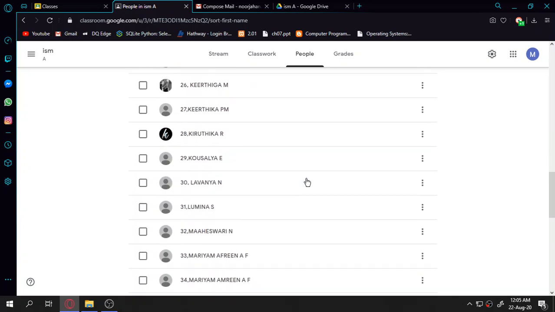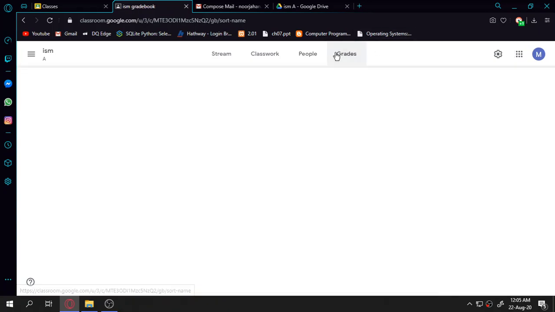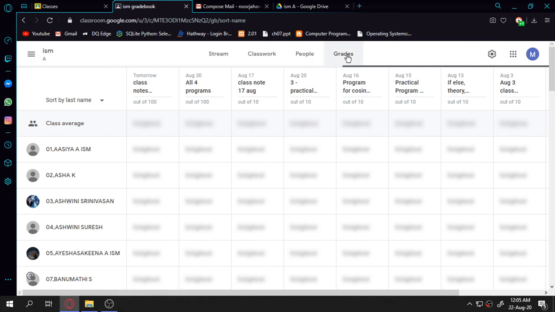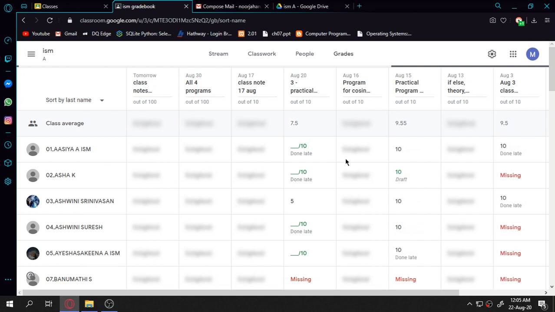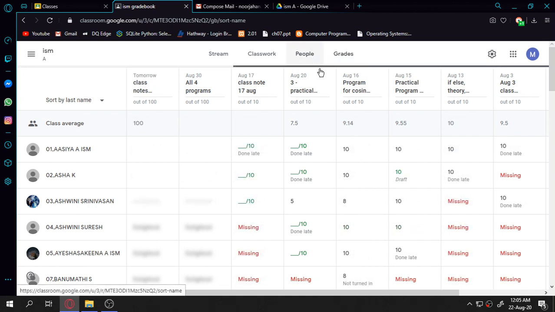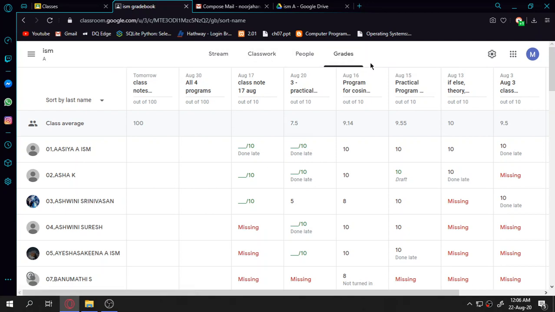And then finally coming to the grades, we can come from the entrance. Here also we can go through this Grades tab. Okay, so earlier we came through the front page from the arrow symbol itself. Here also we can go by the grades. So these are all the different tabs. So to summarize, there are 4 different tabs in the Google Classroom.